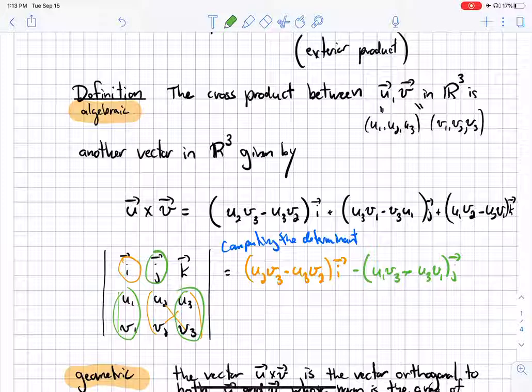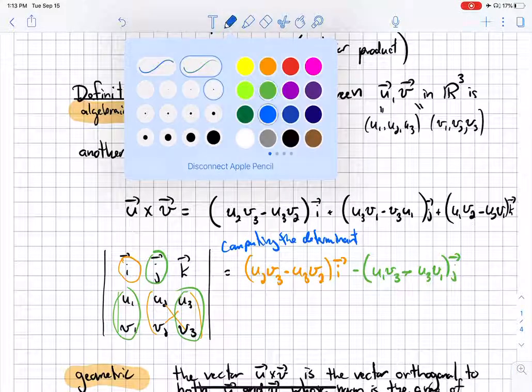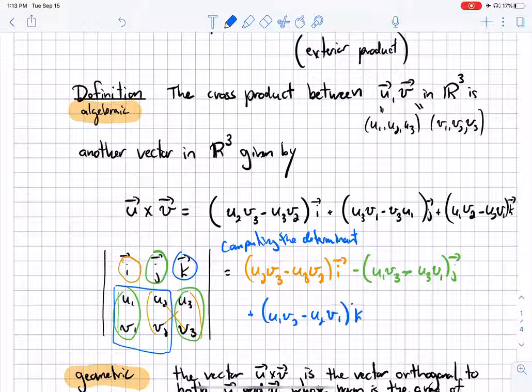And you see I get the same thing as above if you include the minus. And then the last one is for k. So I get this matrix now, plus u1 v2 minus u2 v1, k. Okay? So for a specific example with two vectors, that's how you do it. You put i, j, k in, with the coordinates of the example, and you compute as if you compute the determinant of that matrix. Okay? So strange operation, but very nice interpretation,